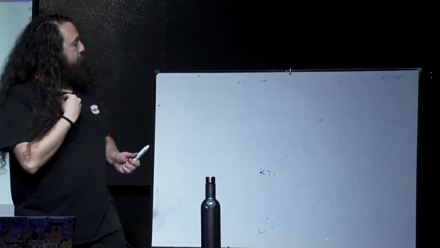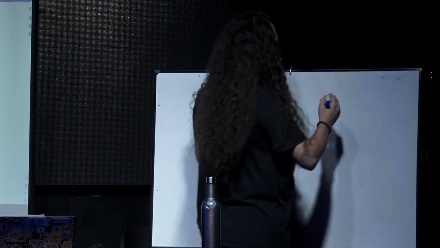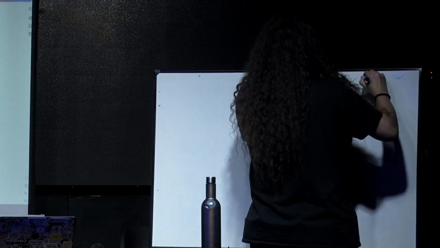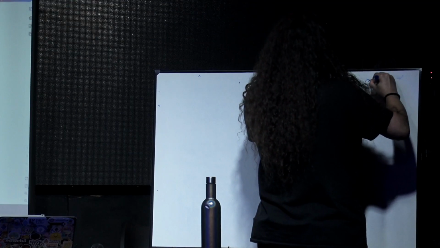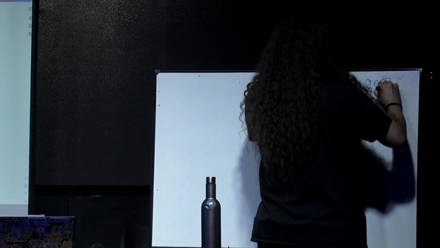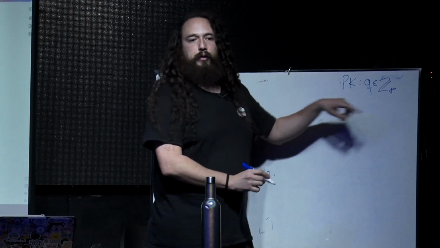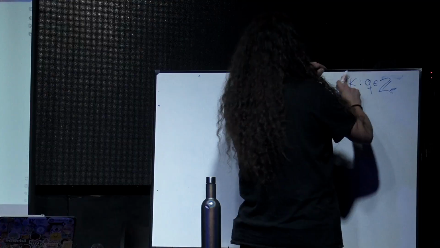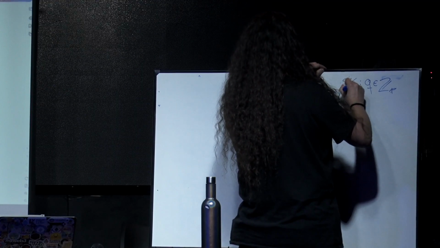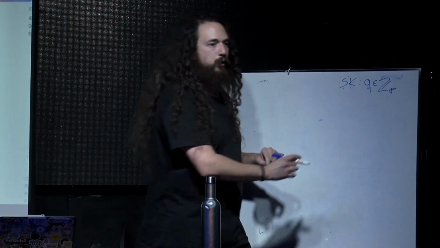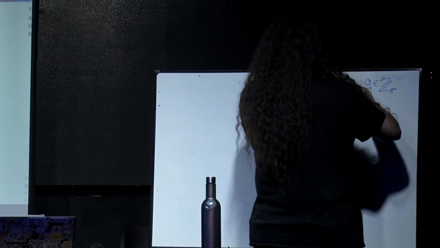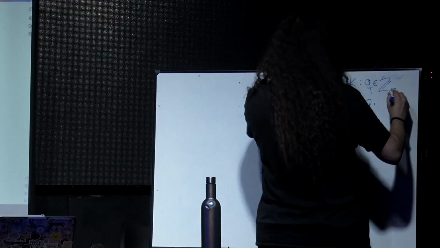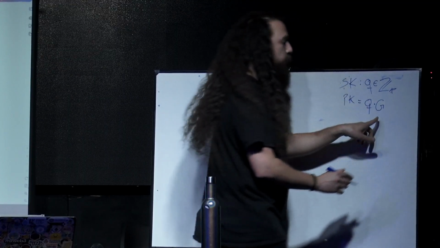So the private key, let's call it SK, is a number Q in Zp, right? And what I'll share with the other user, the public key, PK, is Q multiplied by the point G, which is a point in the curve,